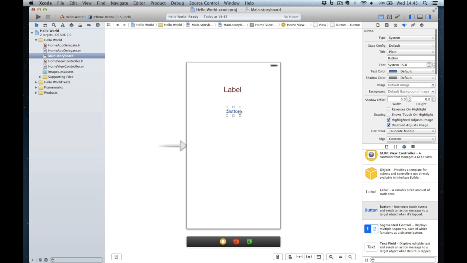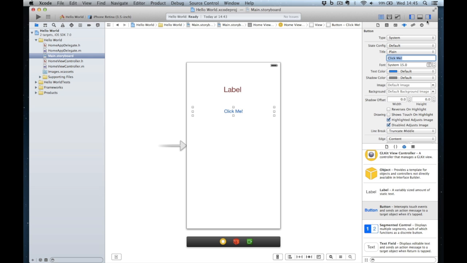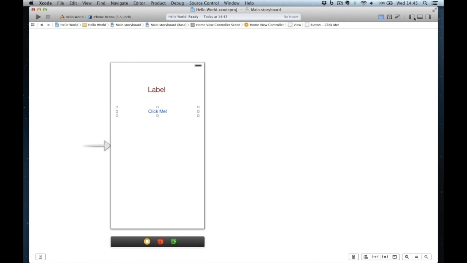Underneath I've got my button, and I'm going to change the name of the button to Click Me. Title is going to be plain, it's going to be Click Me, and that's changed the label on my button. So now I've designed my user interface, and my next job is to go and set up my public interface for my controller file. So let's hide some of these panes,